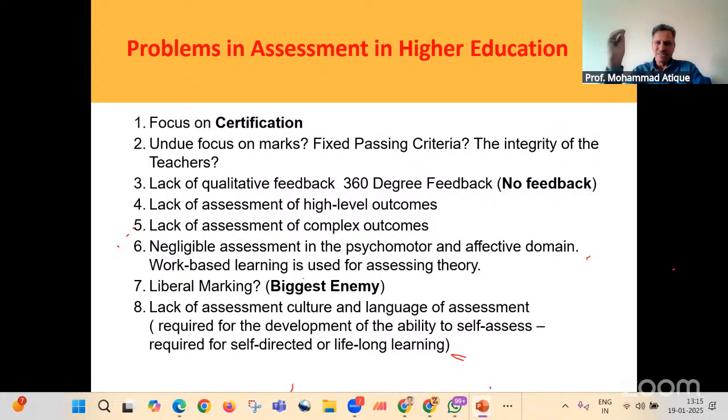And the professor is empowered to decide what the passing criteria should be based on the difficulty of the question paper. Let's say I'm setting a question paper of 100 marks, I may set the passing criteria to even 20. If somebody scored 20, I'll declare him or her as pass. So we have to have a flexible passing criteria. Then, lack of qualitative feedback.